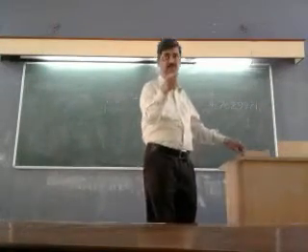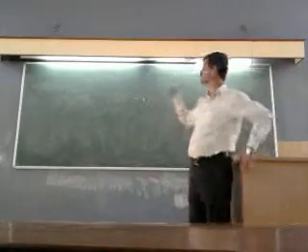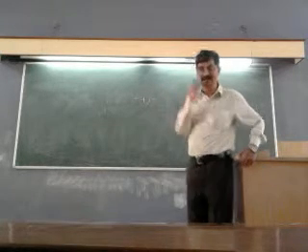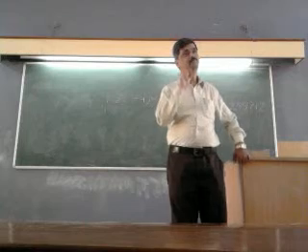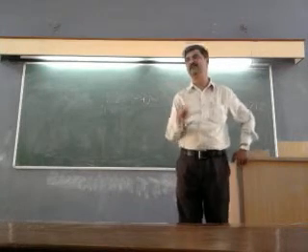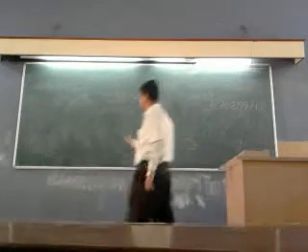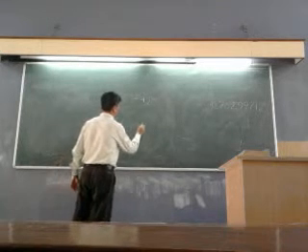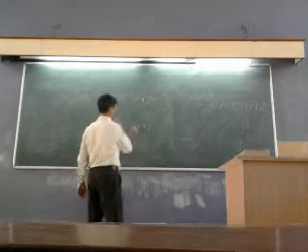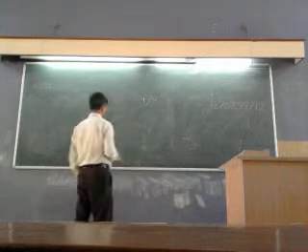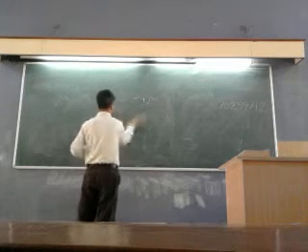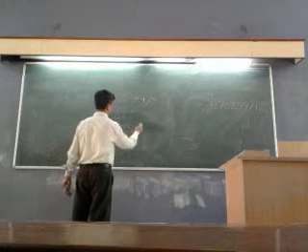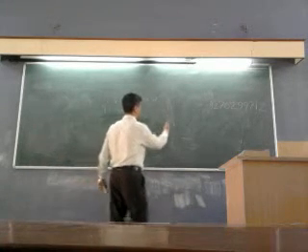Z is equal to sigma plus j omega. I again repeat that we are only having two identities to be noted down. Number one is that e raised to j omega t is equal to cos omega t plus j sin omega t. In general, we can have e raised to j theta is equal to cos theta plus j sin theta.